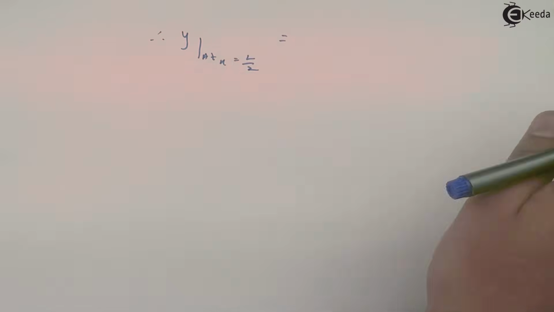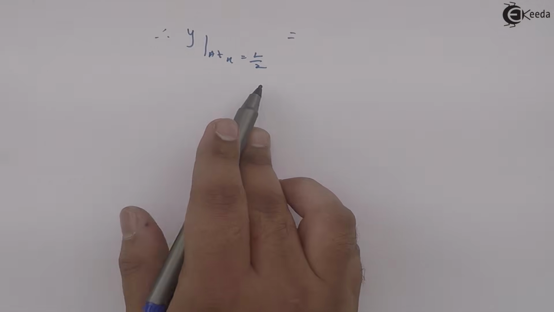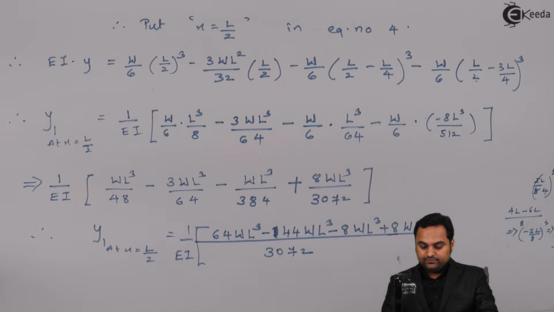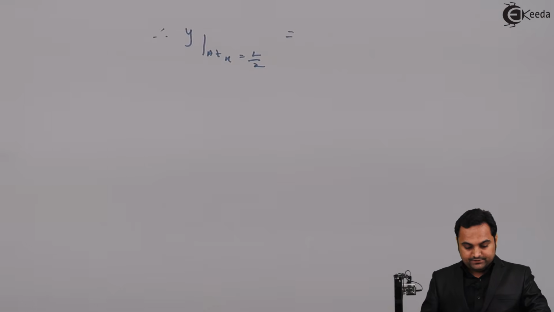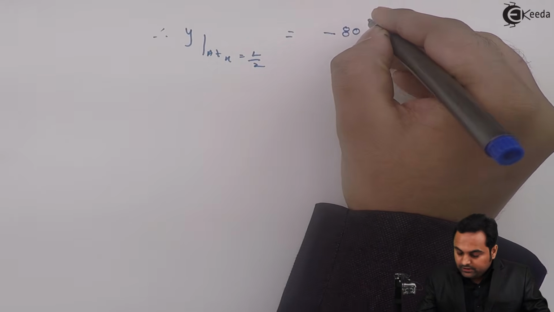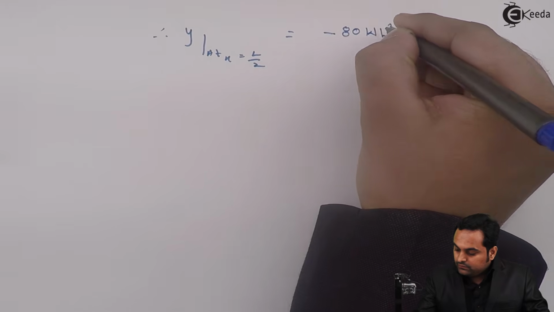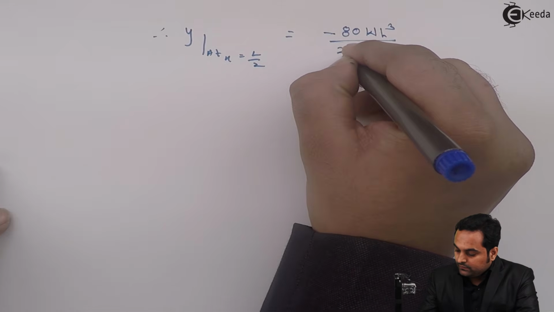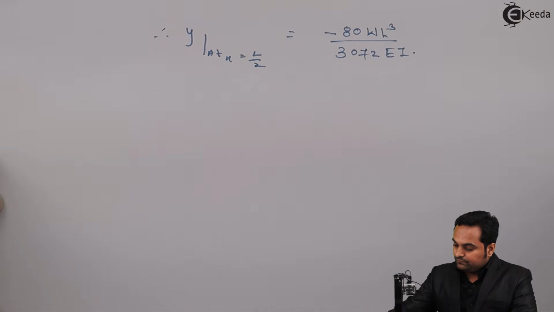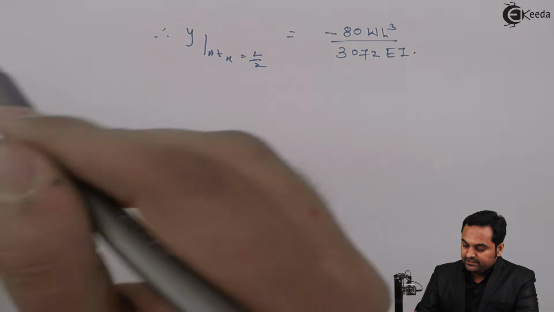So from this, if I go on simplifying, I'll get my answer as, therefore y at x is equal to L by 2, the value of y after simplifying the terms here. It is minus 80 WL cube upon 3072 EI. So this is the maximum deflection,